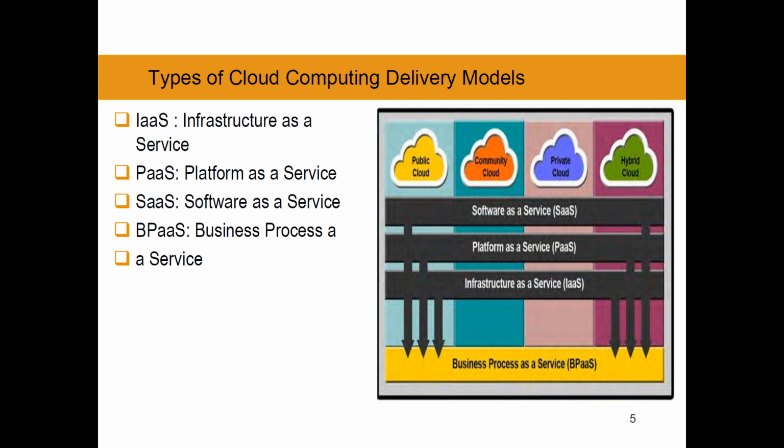We discussed earlier about infrastructure, platform, and software. So these three types, and four types of delivery models, actually can be hosted and provided by all types of deployment model. You see here, public cloud also has them, community cloud can have them, and private and hybrid also can have these types of services. So no matter which deployment model they adopt, all these delivery models can be offered and delivered. Okay,